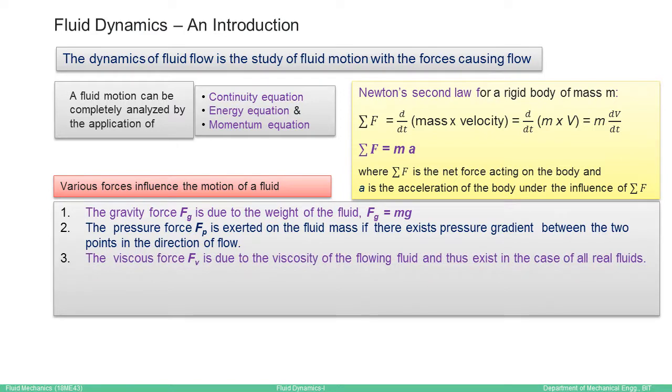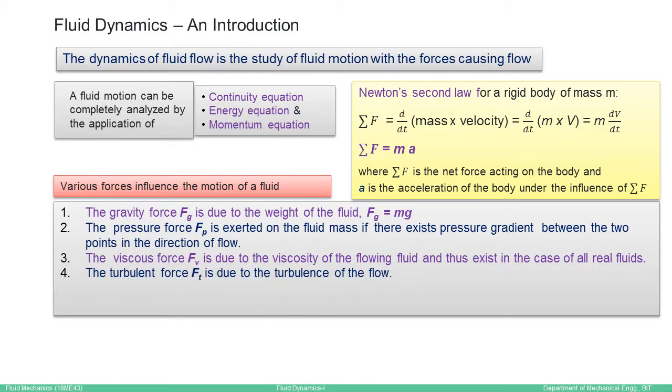And viscous force is due to viscosity, and you know that all fluids in nature are real, and the ideal fluid is only an approximation, but it simplifies any numerical problem to a greater extent. And we can get this viscous force from Newton's law of viscosity. You know that the shear stress is directly proportional to the rate of change of shear deformation, and from that shear stress we can get the shear force.